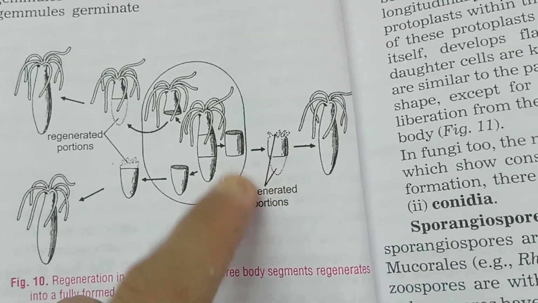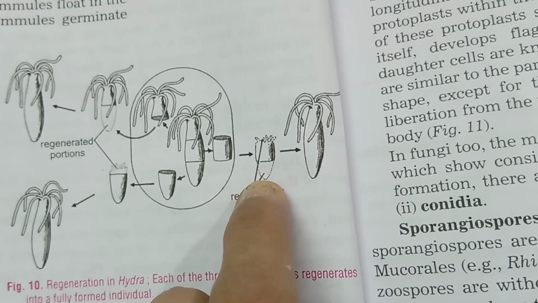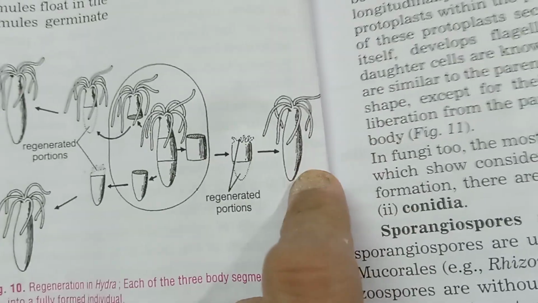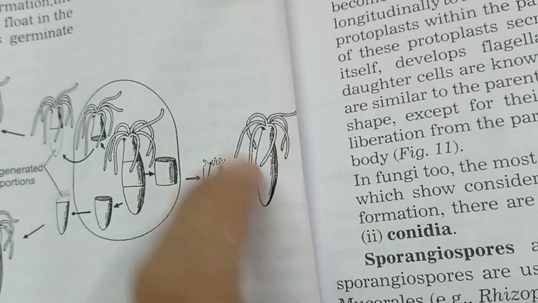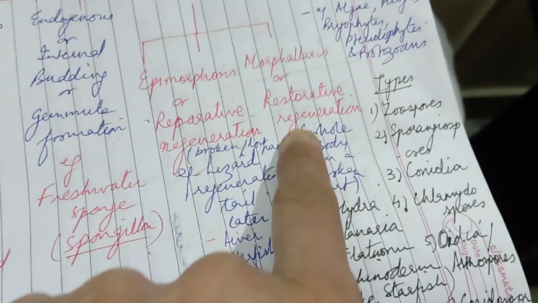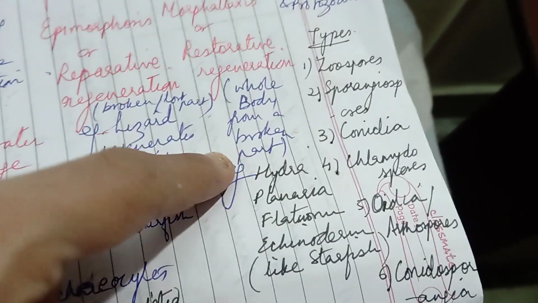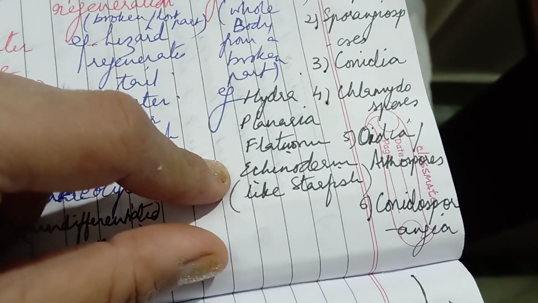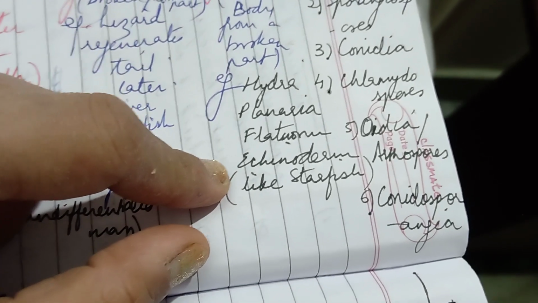But the difference is when a small portion is regenerating the major part. See, this one is regenerating the bottom and the top piece, right? So it's like a great portion to be made up, right? So this type of regeneration, when a small piece has to make up the great part for regeneration, is called morphollaxis or restorative regeneration. That is, the whole body has to form from a broken part. Example, hydra, planaria and flatworm, which also includes another example, that is starfish, which is an echinoderm.